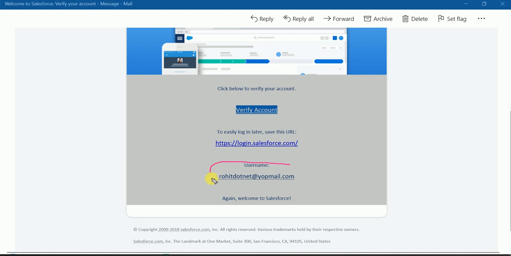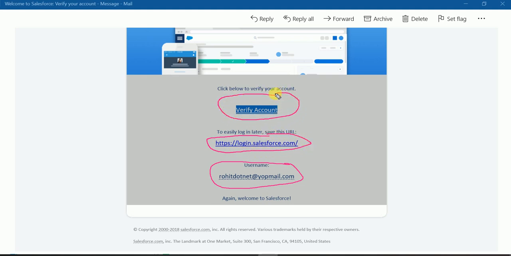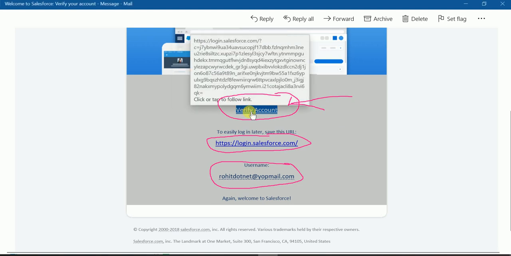This is my username, you can see here, and this is login URL, and this verification your account. First of all, we need to click this verify your account. So let me click this URL.